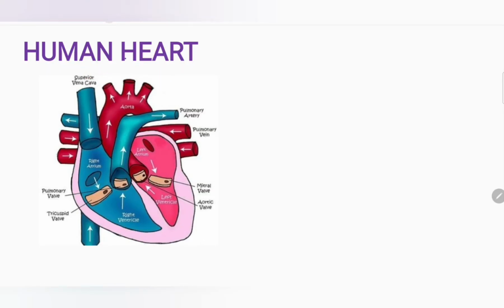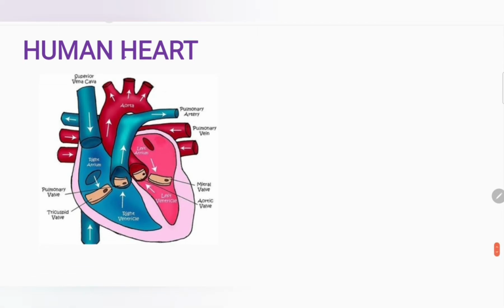This is the human heart diagram you can see, and the main parts of the human heart are these four chambers we have. First one is the left atrium. Second one, this is the left ventricle. This is the third chamber, which is the right atrium, and the fourth chamber, that is the right ventricle. So two upper chambers we have, left atrium and right atrium, and two lower chambers we have, left ventricle and right